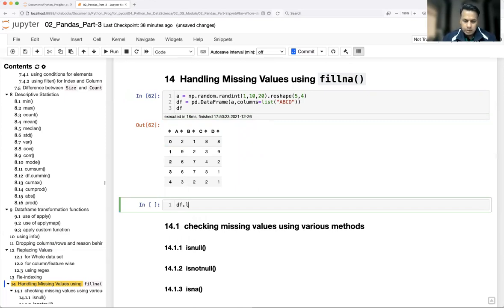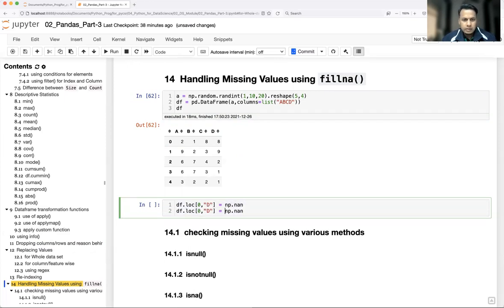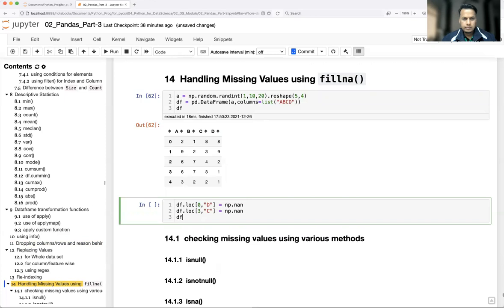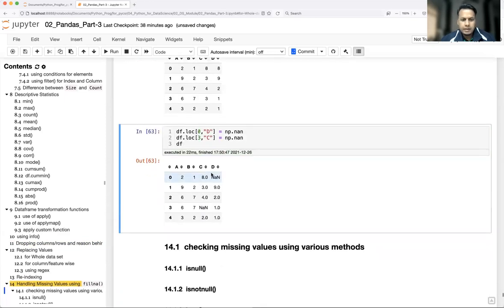So df dot loc, let's say the third row and C column, equal to np dot nan, and some more. Okay, so this is my data frame.